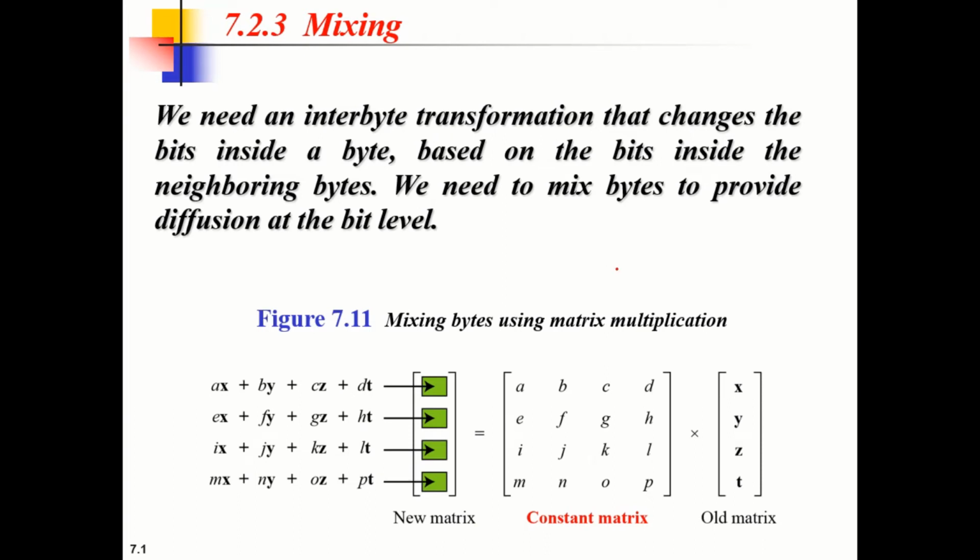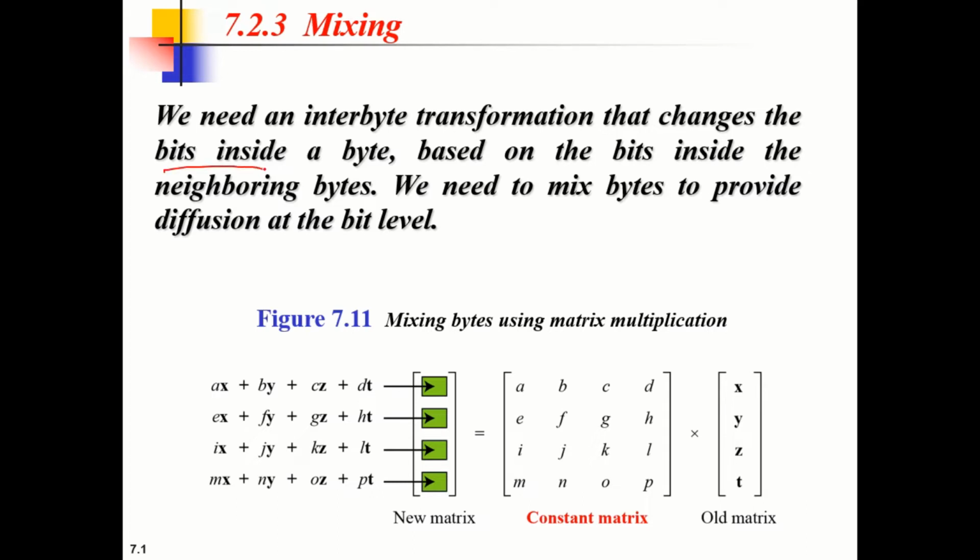So in the previous class, we discussed the transformation operations in each round. We covered the first and second transformation operations, which were SubBytes and ShiftRows. In SubBytes, we were doing the intra-byte transformation, and the ShiftRows operation is a byte exchange transformation. So we also need an inter-byte transformation